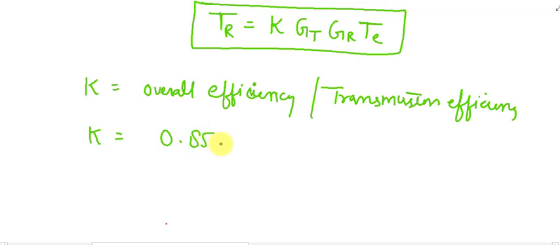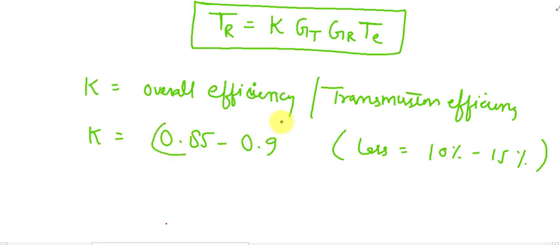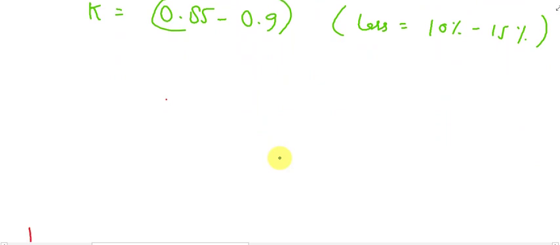The efficiency is related to 0.85 to 0.9, because the transmission loss is 10% to 15%. As we take the transmission loss as 10% to 15%, that's why the efficiency is always less than 1 or less than 100%. So this is the term. The second is,